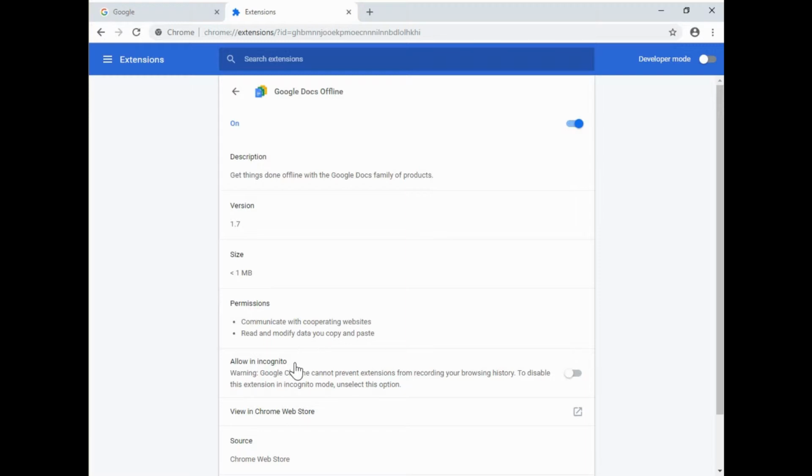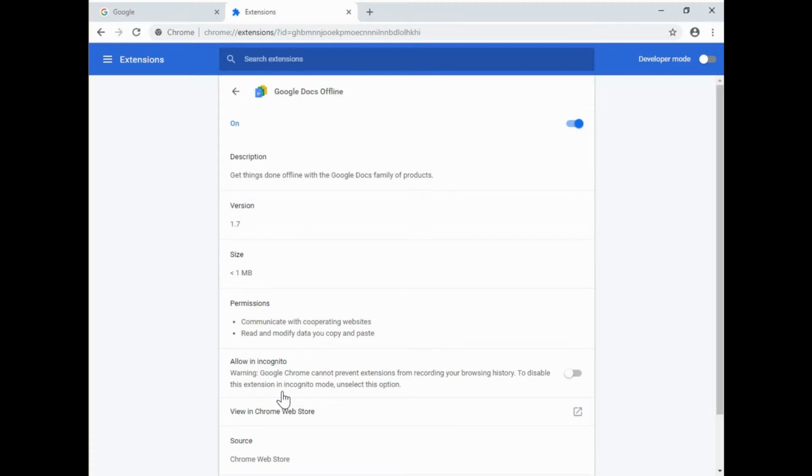Now there's incognito mode. If you're not familiar with what that is, that allows you to use your browser with all the tracking turned off, so it doesn't keep the pages that you visit in your history.